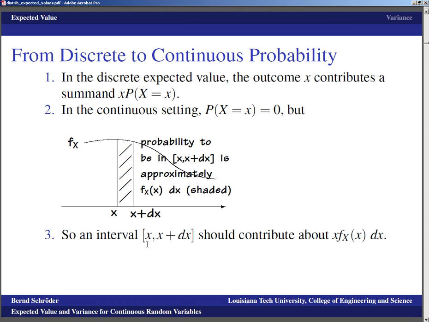And so that means that an integral over a short differential length x to x plus dx should contribute about x times f of x dx, right? The value, which is the value here, times the probability, which is the probability here. So an interval should just contribute value times density times a little dx,